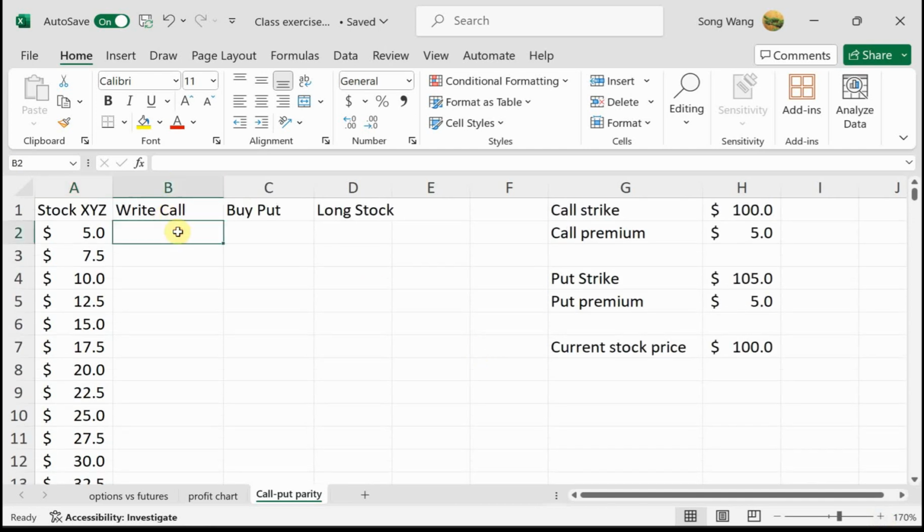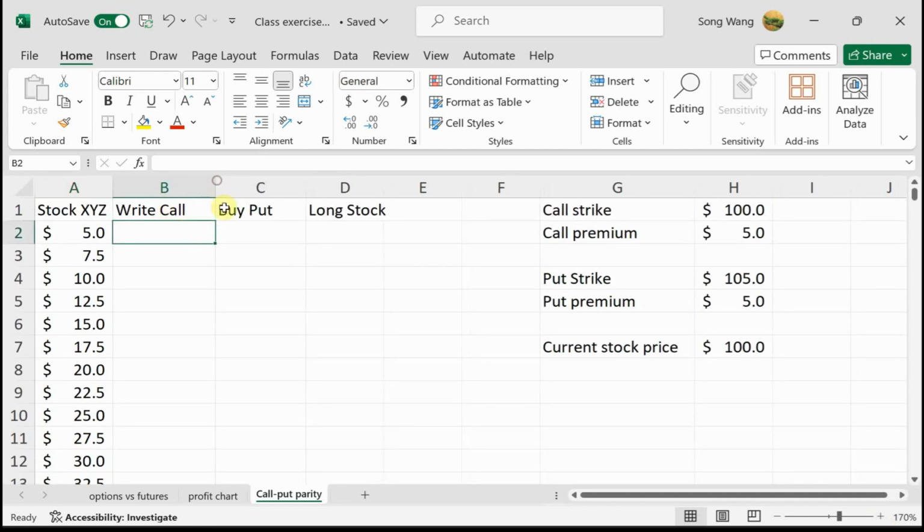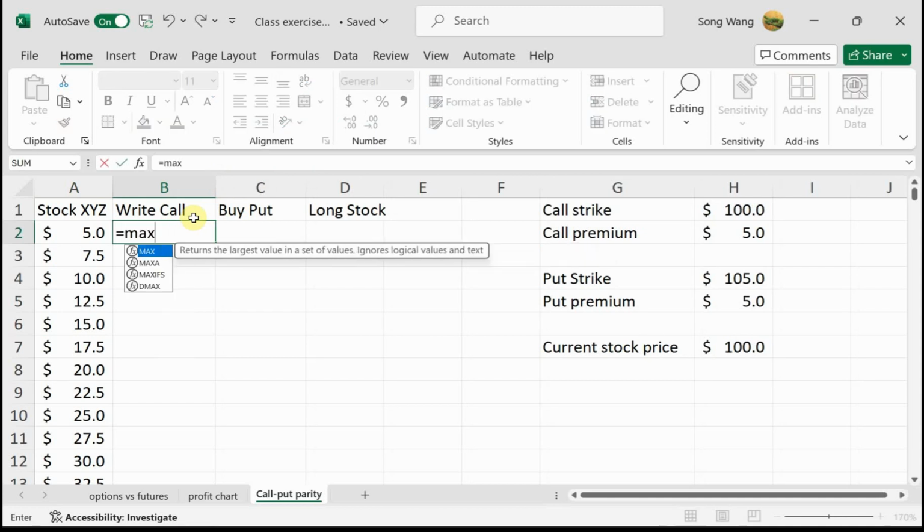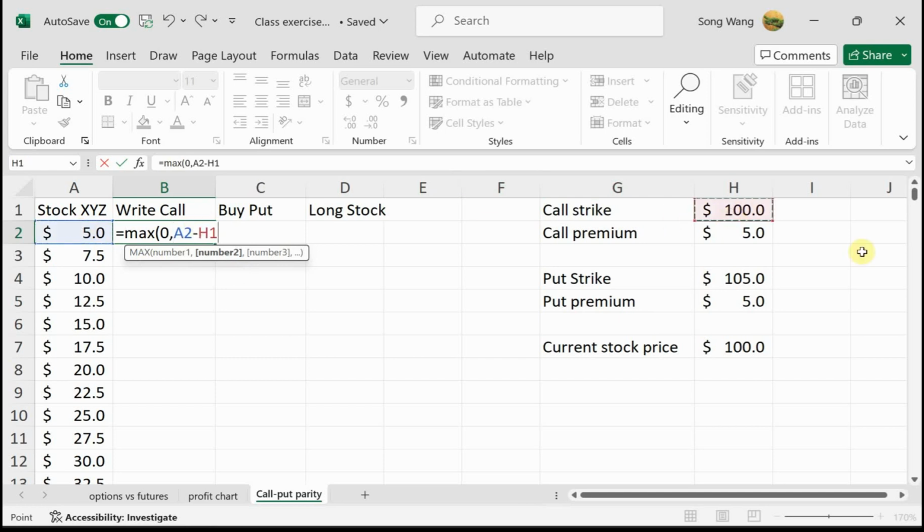And if you calculate the profit from writing a call option, you first need to calculate the profit for buying a call option, which is max of a 0. The call option gives you the right to buy at a strike and sell at a spot. So you sell at a spot, you get the spot rate, you buy at a strike, you pay for the strike price. And you always have to pay for the call premium